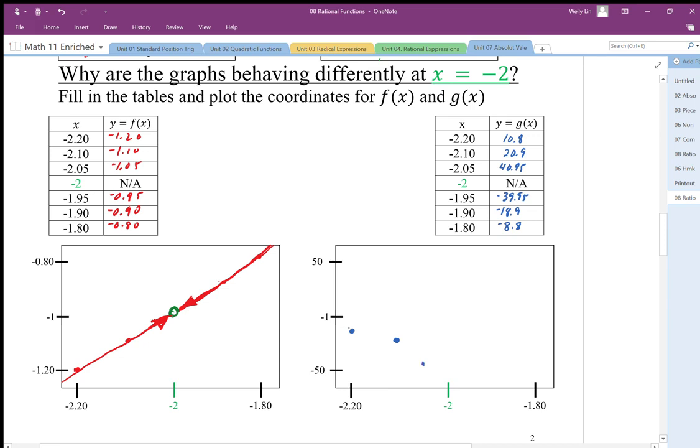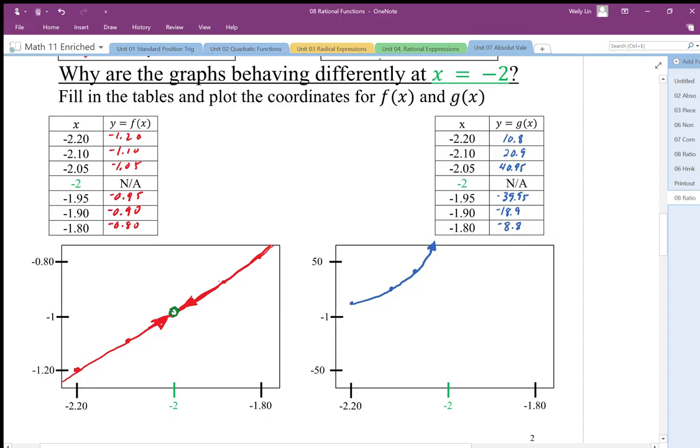In fact, it's approaching in this direction here. Oops, I've done it the wrong way, sorry, my mistake. So 10.8, 20.9, and maybe 40 point something there. Okay, as I graph this, it looks like it's going in this direction, and it's headed up. In fact, the numerical values as we get close to -2 are going to get even bigger,